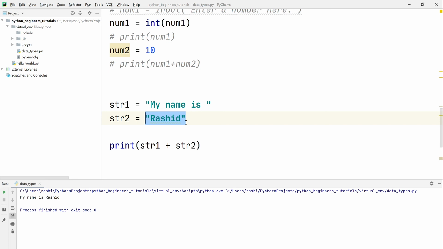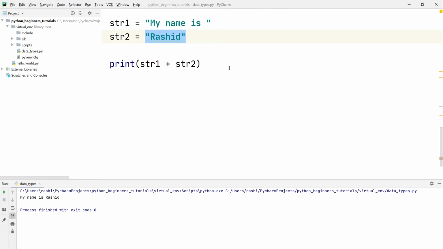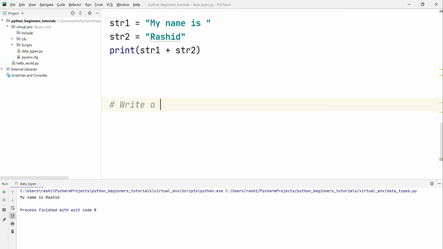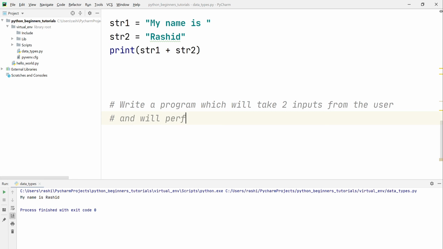Now we'll take an assignment here. You need to perform that assignment and send the code in the comment section. Okay, so your assignment is to write a program which will take two inputs from the user and will perform some operation between these two numbers.